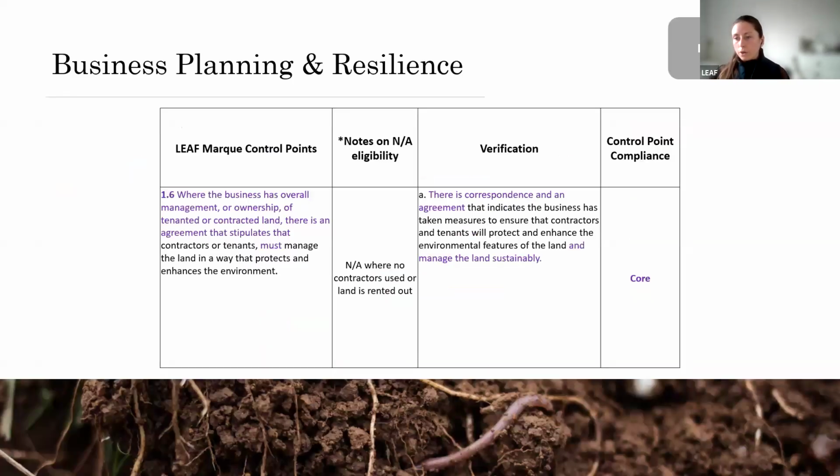And then one more control point to discuss that has had some significant changes made to it in the section is this control point about contractors managing and working with the land in a way that protects and enhances the environment. This control point in version 16.1 is 8.5. If you'd like to compare the two, we also have a comparison of these in our summary of changes document.